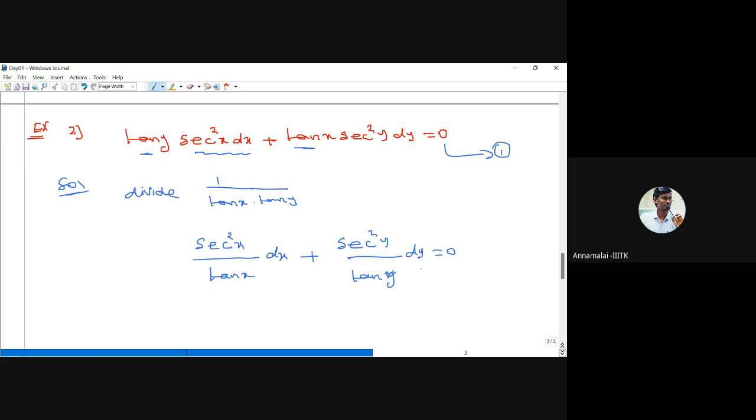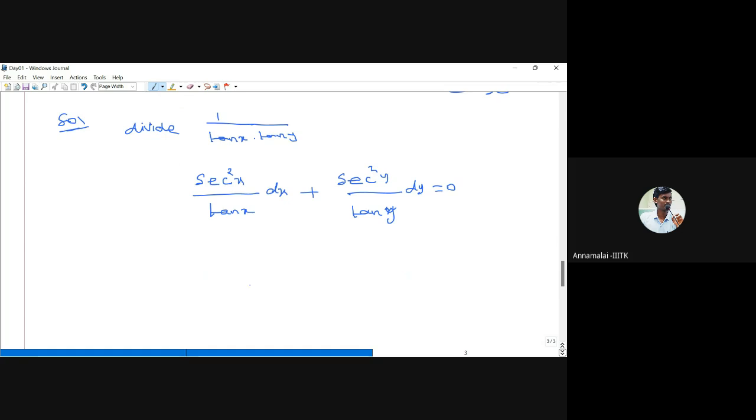Now we separate the variables. X terms are all one term, other terms are y. Now we have to integrate. You can take that side and then integrate, no problem. You can keep everything on one side and then integrate. So integrate,